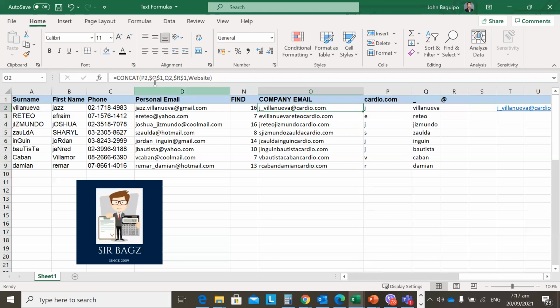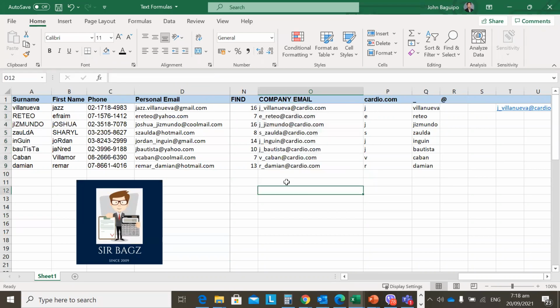So in order to fix that, either you put $ signs to anchor your cell references, or rename the cell itself with a unique name so that there's no need for you to anchor your cells when you're copying and pasting formulas. This is a common error that everyone experiences when they copy and paste formulas. So don't forget to anchor your cells, or just rename your cells from alphanumeric references to a specific name. So now let's fill it down. Let's highlight the whole column and press Ctrl D. Now everything is fixed